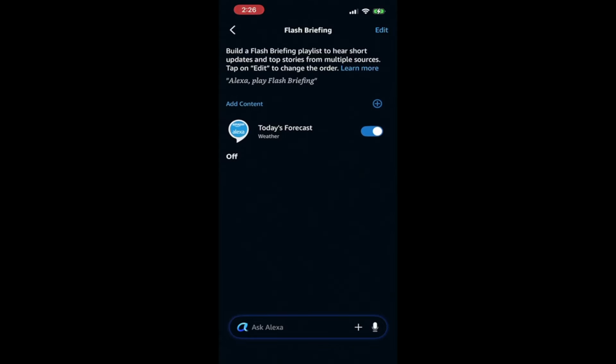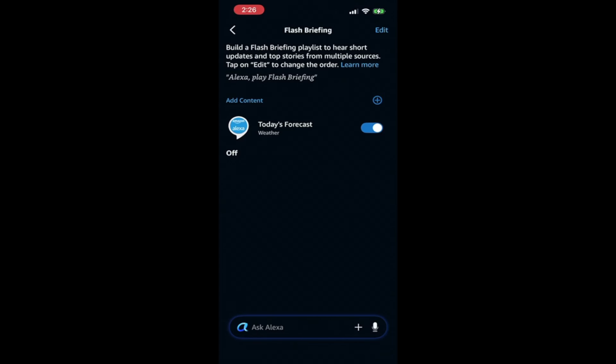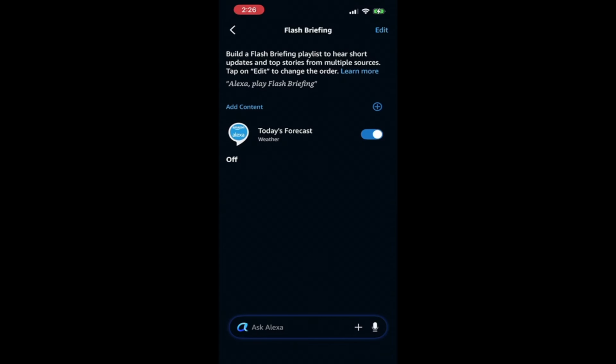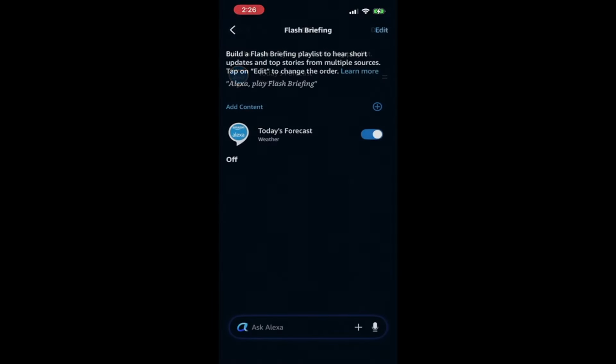Now, allow notification permissions when prompted. This step typically involves a pop-up message asking for your consent to send notifications. Make sure to accept this permission. By granting these permission settings, you ensure that the weather skill can send you timely alerts and updates. It's a small step that makes a significant difference in how you receive important weather information.